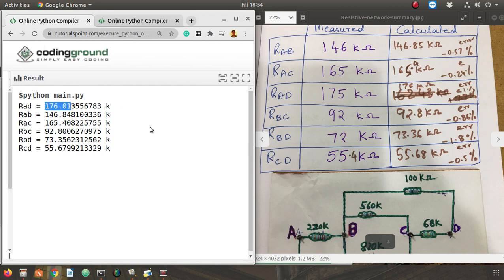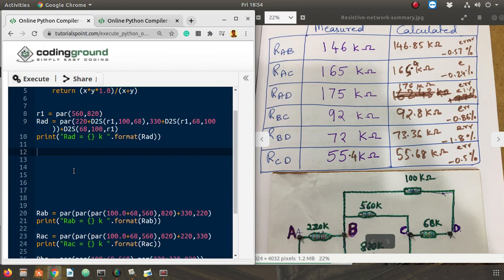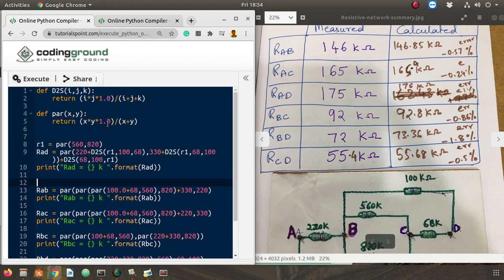So with this I think we have come to one end. So this is the code. So maybe I'll try to share the link of this code somewhere. So let's see, this share button may work, and I'll try to put it in the description for those who are interested to get this code.